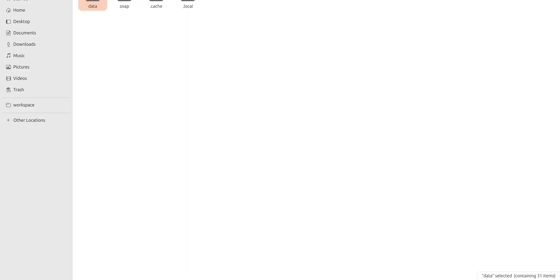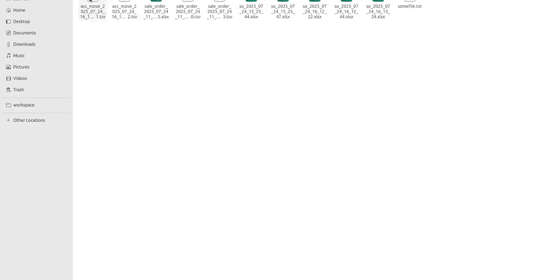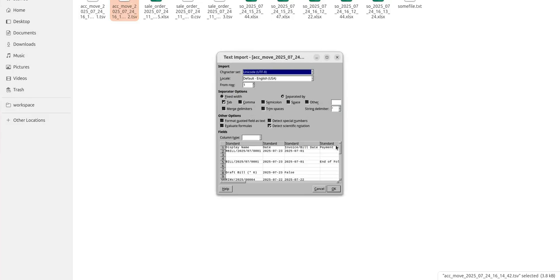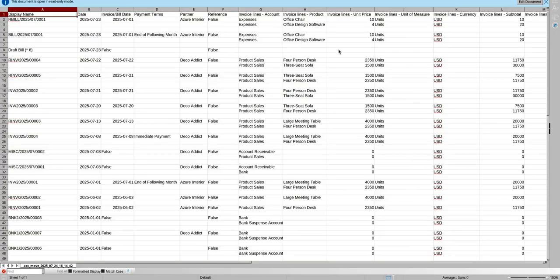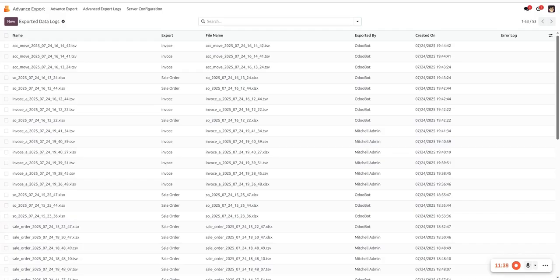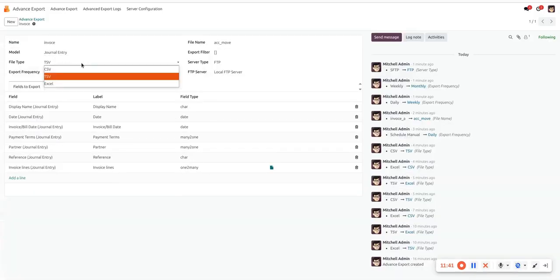Okay, here is our data, and this is the FTP data. Here you can see the TSV file that we recently created. Now we'll go to invoice and select the Excel file,